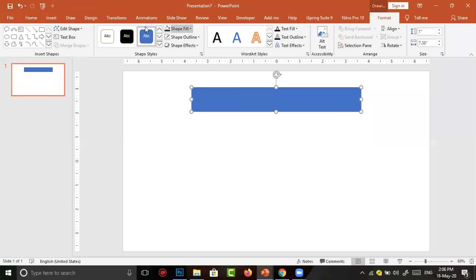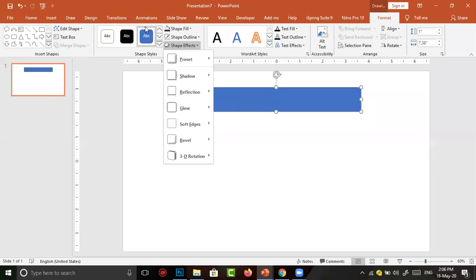Shape fill. By clicking on shape fill, we can change the color in the box. Then shape outline. Then the next one is shape effect. So I click on shape effect. It shows many things, in which I select the bevel one.